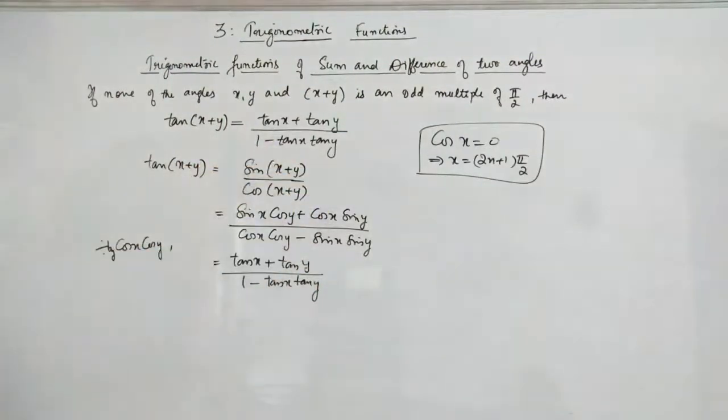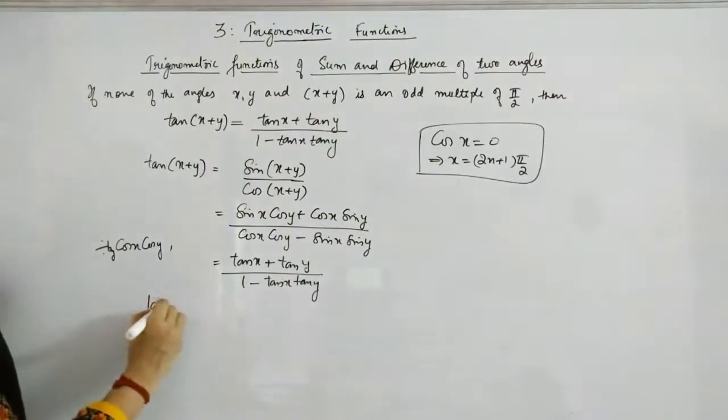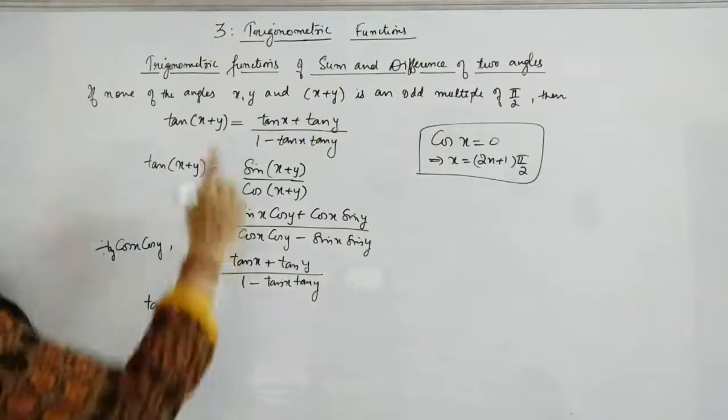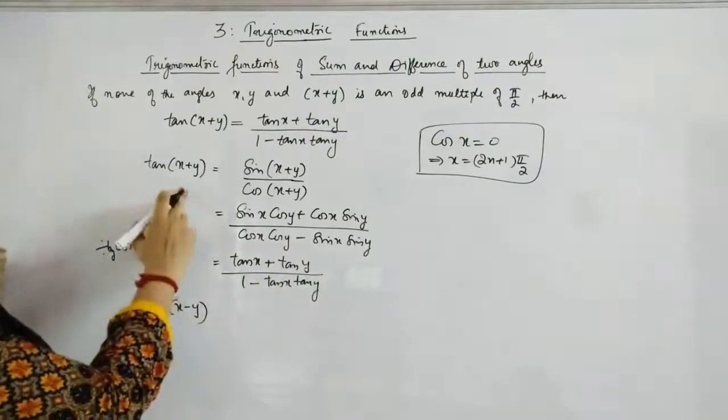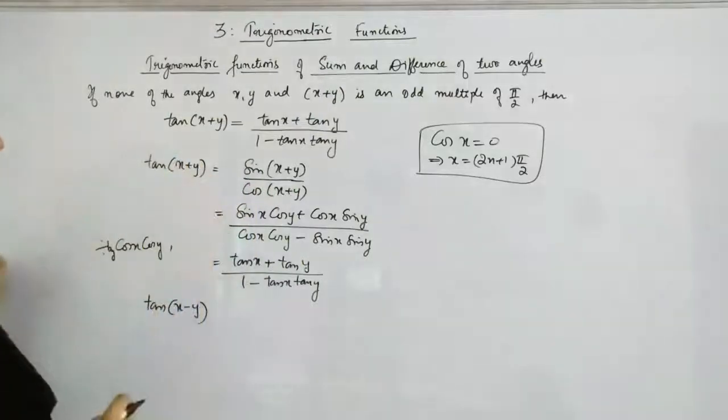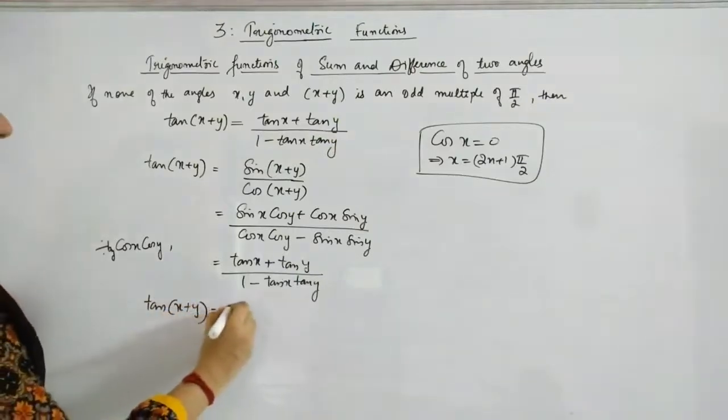So you are getting tan of x plus y is tan x plus tan y divided by 1 minus tan x tan y. Okay. And the next one, which is tan of x minus y, also has the same condition, that is, x, y and x minus y are not multiples of pi by 2. But what we are doing is starting from what we know. We know that tan of x plus y is tan x plus tan y divided by 1 minus tan x tan y. So from there we are starting,